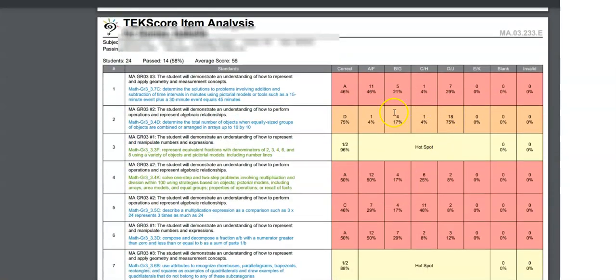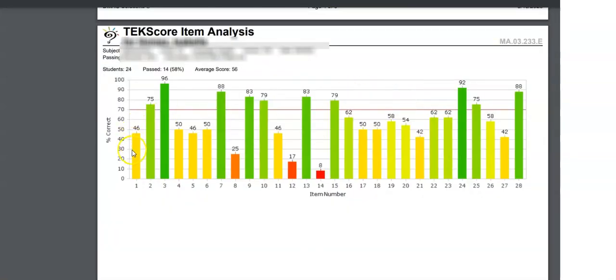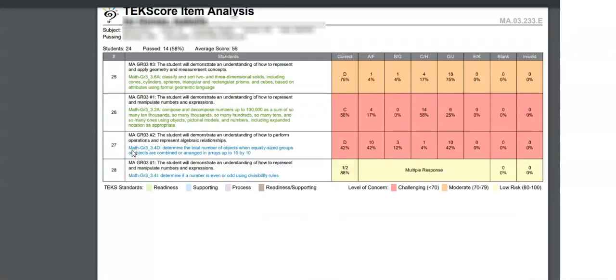The item analysis brings you your reporting category. It brings you to the SE, tells you what the correct answer was, how many chose that answer correctly, and then it breaks down how many chose each of the others. It'll do that for every question. Then it'll give it to you in graph form,